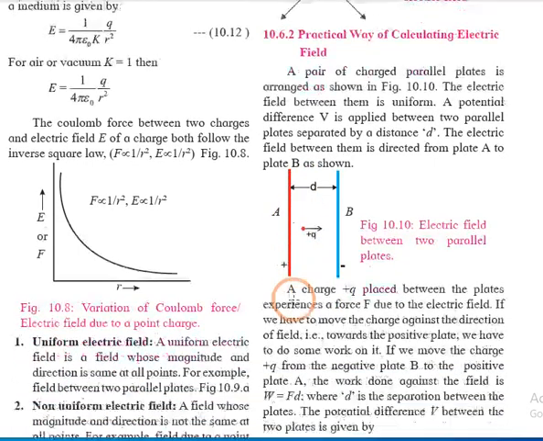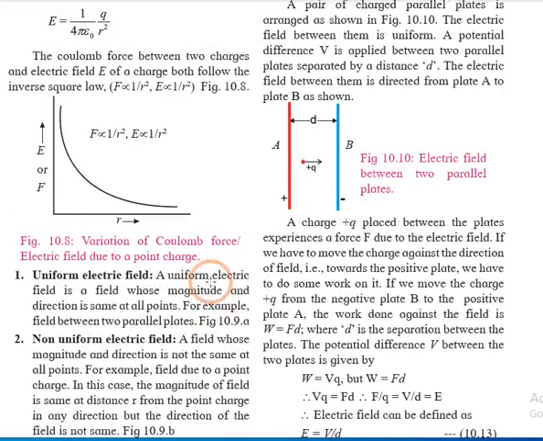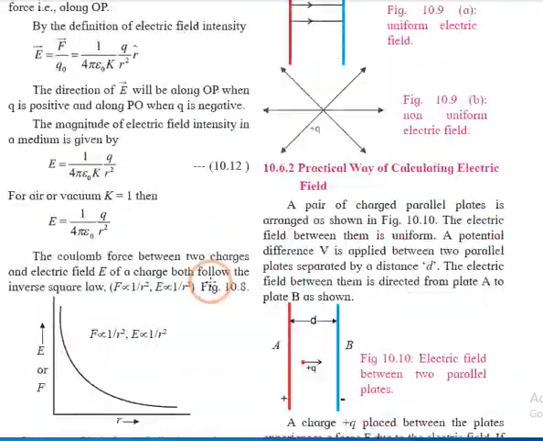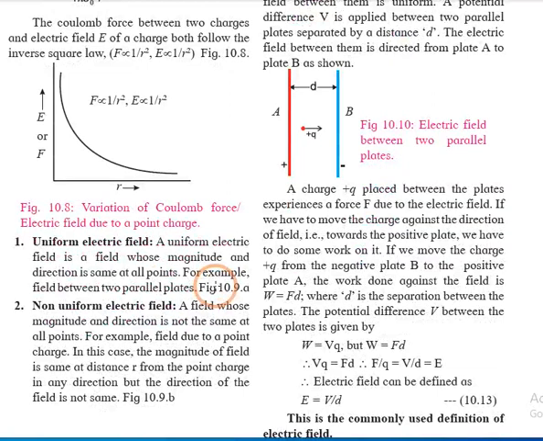Fine. Now if we consider, there are few types of electric fields according to their magnitude and direction. There are two types, one is uniform electric field, one is non-uniform electric field. At that time, the names explain themselves already. Uniform means I am same at all points, and non-uniform means I am different. So uniform electric field, according to your textbook language, is a field whose magnitude and direction is same at all points. And non-uniform, exactly opposite to this, magnitude and direction is not same at all points.